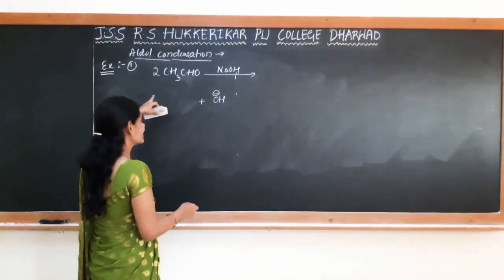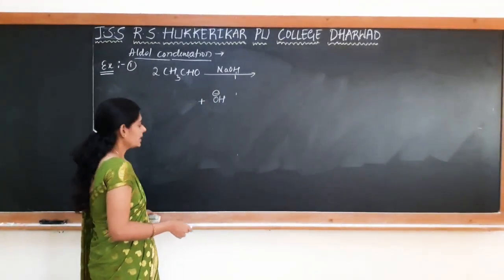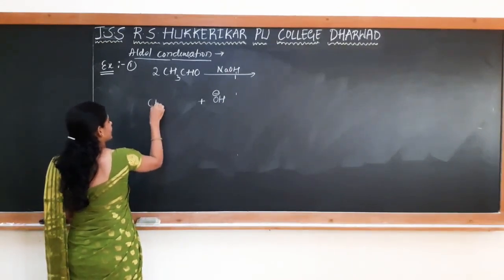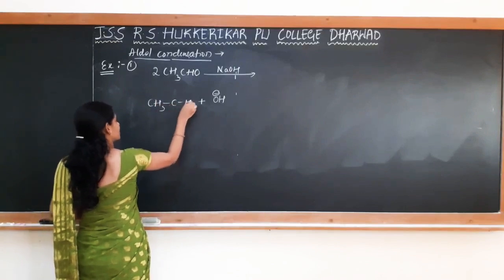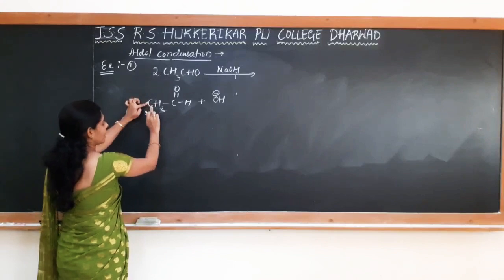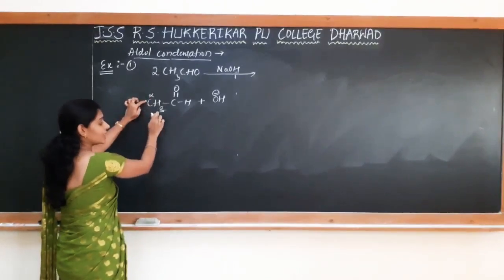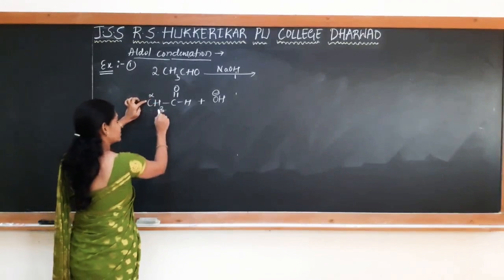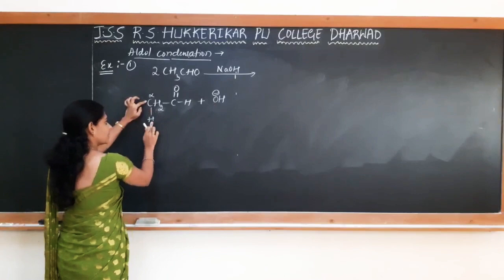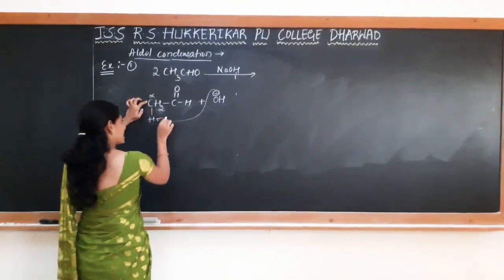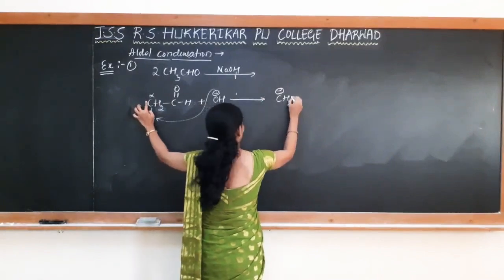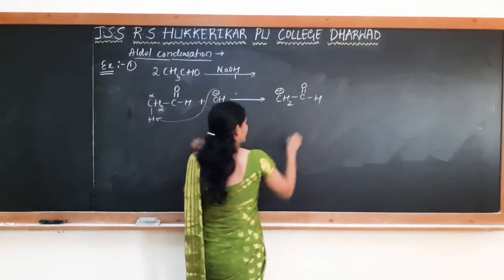So, this abstracts the proton from the aldehyde, that is the alpha hydrogen, right? So, alpha hydrogen is this one, CH3CHO. If I write this, see, this is our alpha carbon atom next to the carbonyl. This alpha carbon atom has 3 alpha hydrogen atoms. So, one of the hydrogens is abstracted by the base. So, I just write it as CH2H. This hydrogen is taken by this base. So, there is a formation of a carbanion.